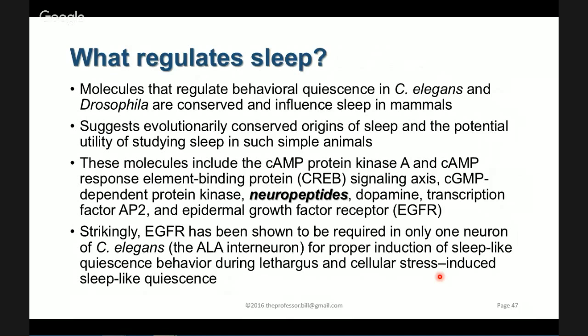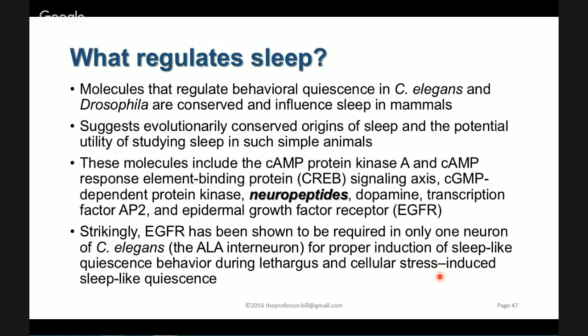One of the things that I highlighted here for you, and this is sort of the next topic that we're going to look at for neurogenomics, is that a lot of molecules have been implicated to be involved in sleep or regulating sleep. Some of these, whether you're looking at C. elegans or you're looking in the human brain, involve neuropeptides. And we're going to talk about some of those neuropeptides in the context of prions in the next lecture. In this particular paper that was published in Genetics, by the way, and I would like you to know this fact,